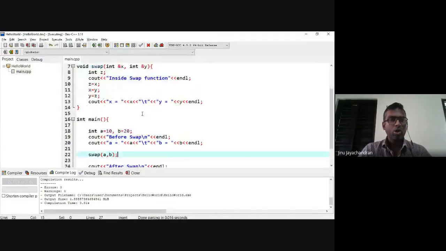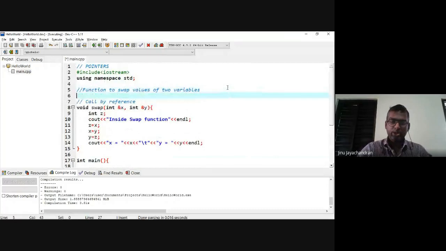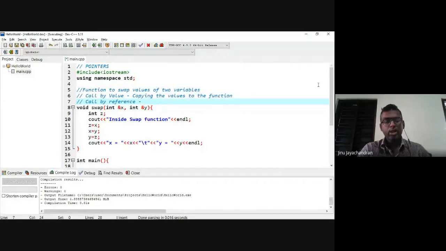If you are doing call by value, let me write, call by value means you are copying the values to the function. Copying means you are making a copy. You are not actually using the values which are being passed. Call by reference means the original memory of the variable is being used.